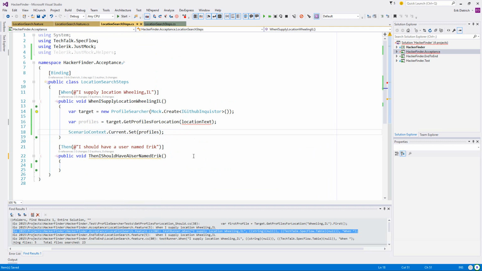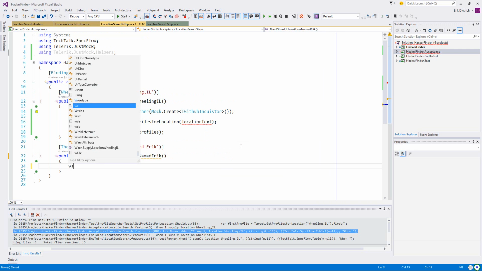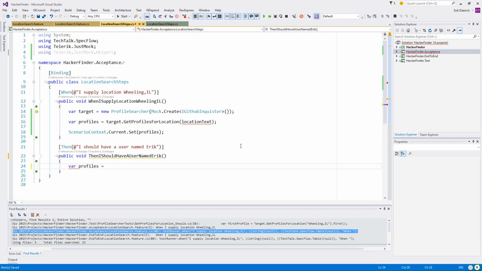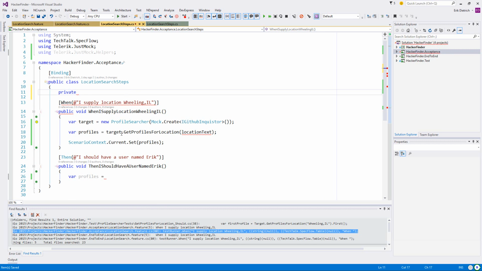So here I'm going to set the profiles, and then I'm going to get the profiles. You know, at the very least, while I'm in here, private, what is this thing?